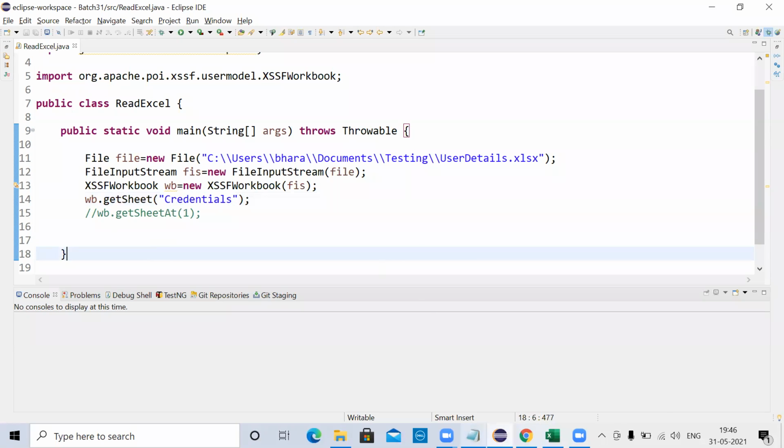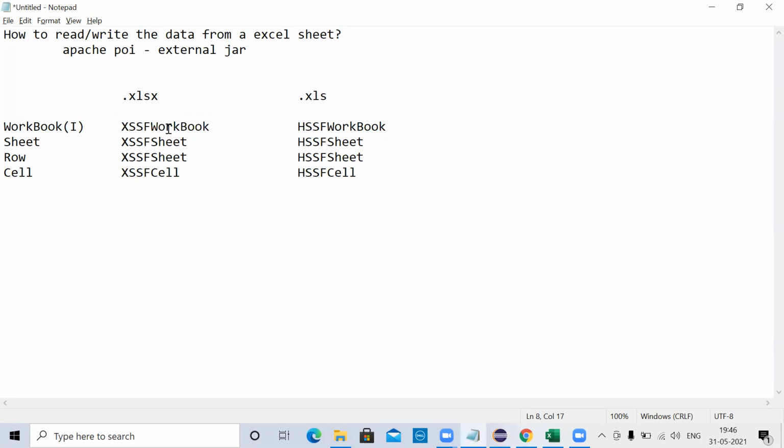As I told you, we should follow this hierarchy. It starts with the workbook, then you jump into the sheet, then the row, XSSFRow, then the cell. This is the hierarchy we need to follow.